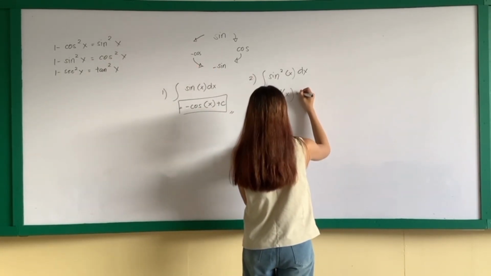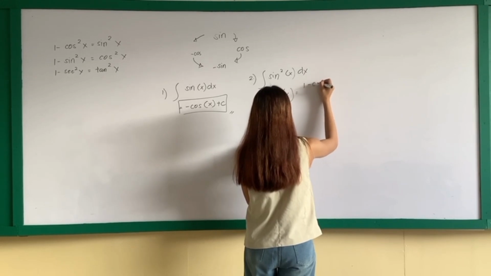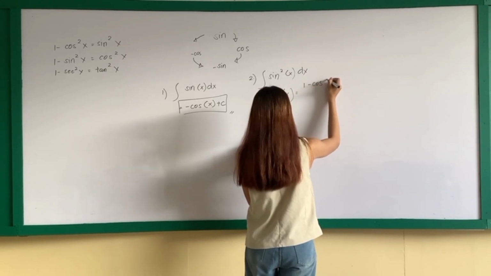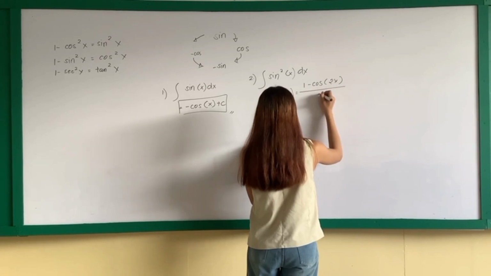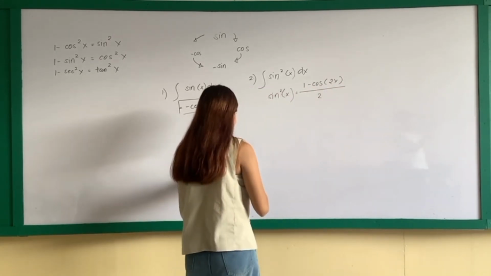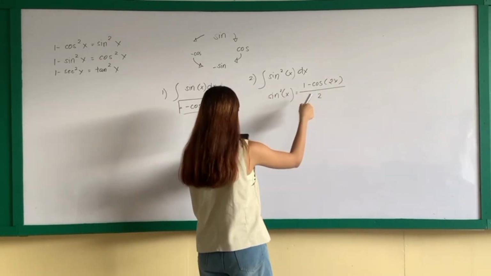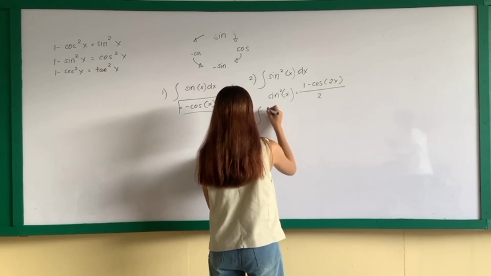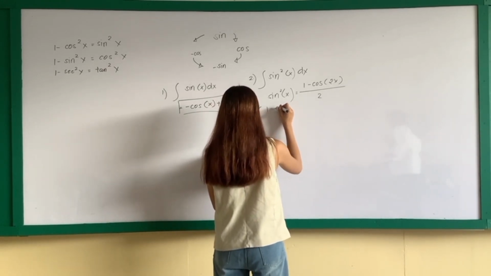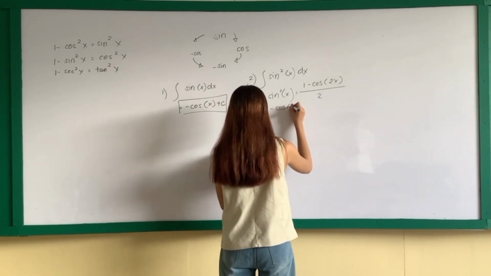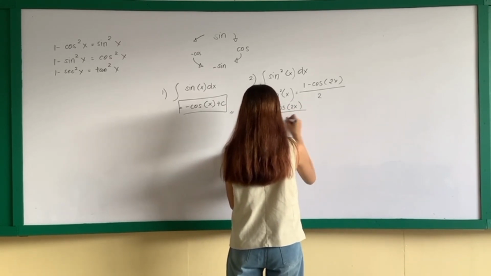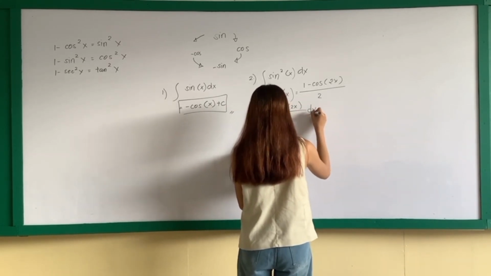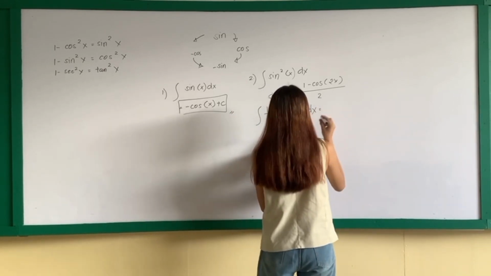So 1 minus cosine 2x over 2. We need to integrate that. So the integral of 1 minus cosine 2x over 2 dx is equal to